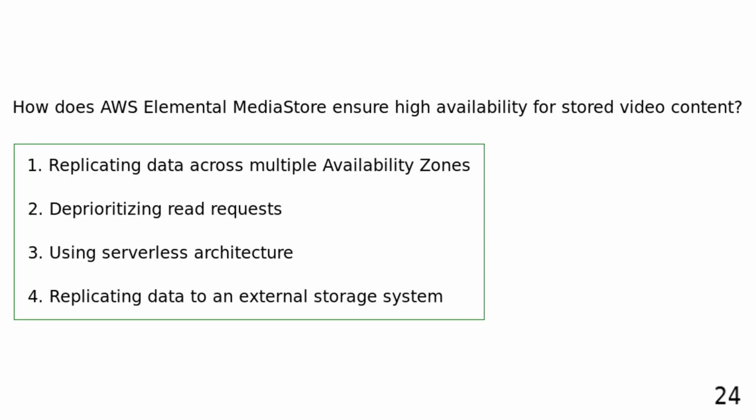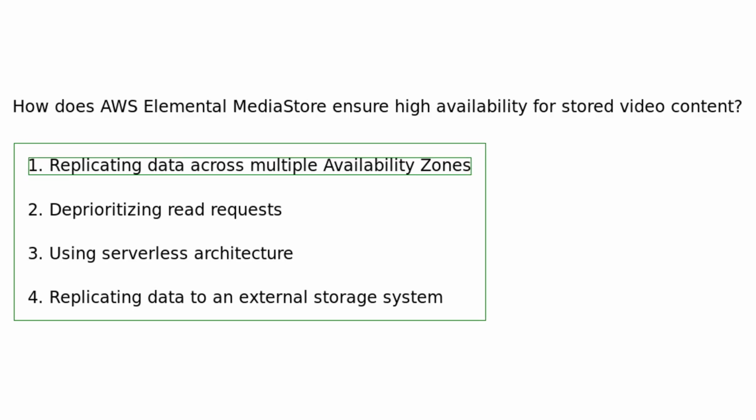How does AWS Elemental MediaStore ensure high availability for stored video content? Replicating data across multiple availability zones. Deprioritizing read requests. Using serverless architecture. Replicating data to an external storage system. AWS Elemental MediaStore ensures high availability by replicating data across multiple availability zones, reducing the risk of downtime or data